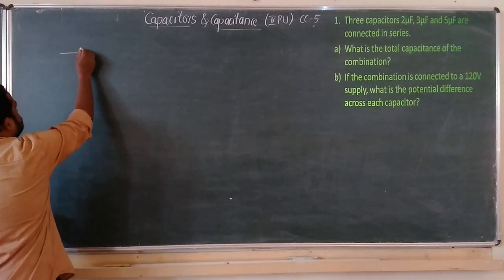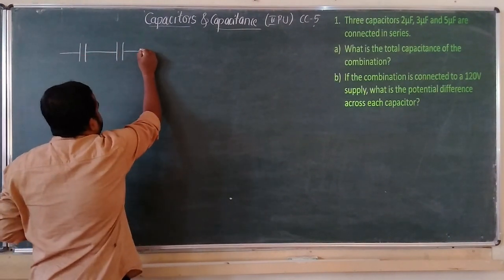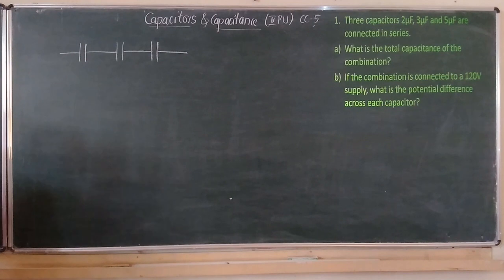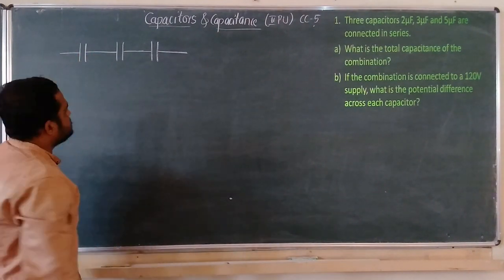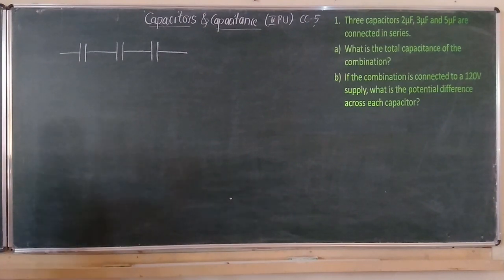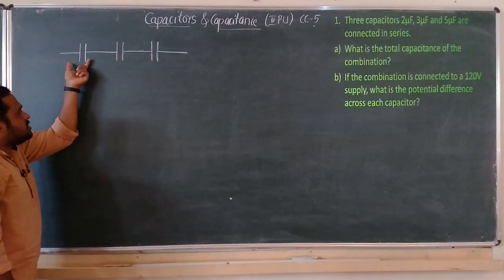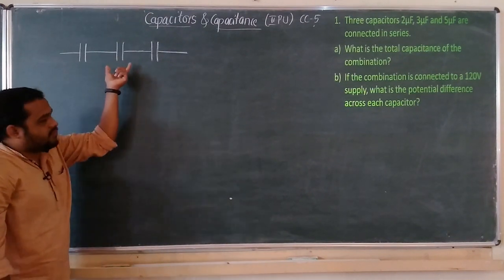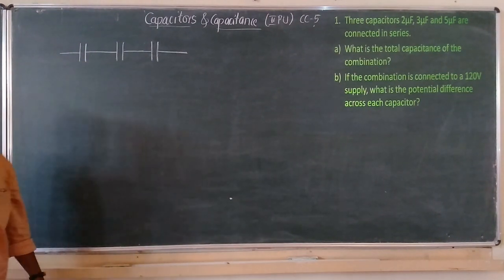Solution: 3 capacitors are connected in series. We have already discussed the concept of series combination. The capacitors are said to be in series when only one path is available for flow of charges. One important condition in case of series combination is that when a number of capacitors are connected in series, the amount of charge stored in each capacitor is the same. And if you calculate the effective value, the charge stored in that effective capacitance will be the same as the charge stored in an individual capacitor.